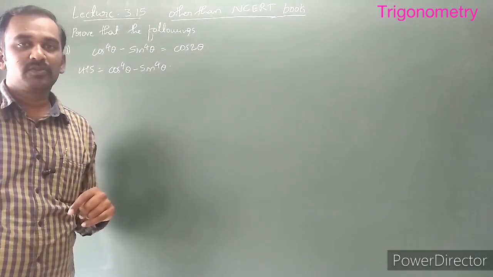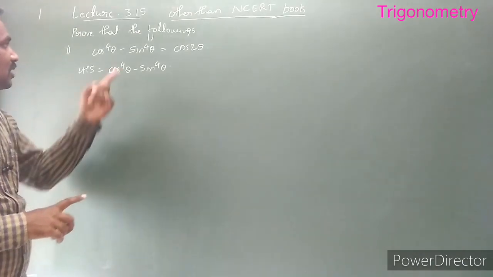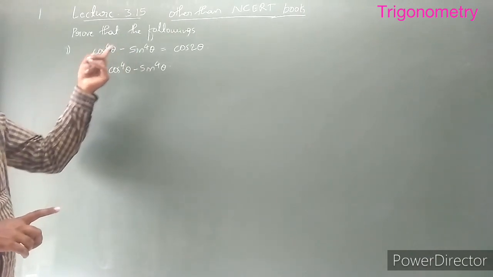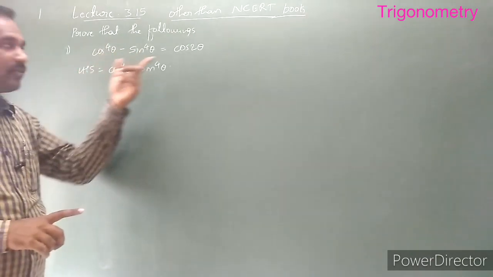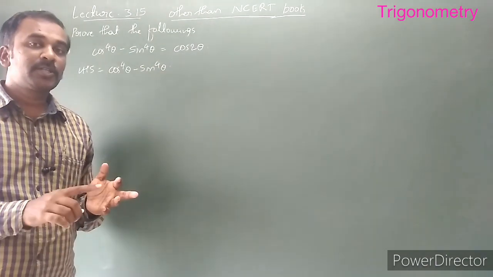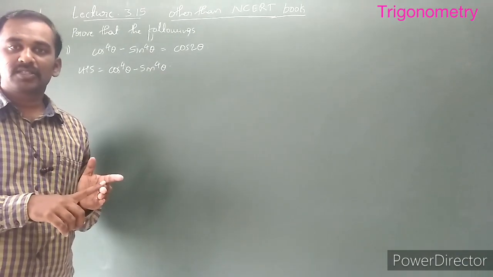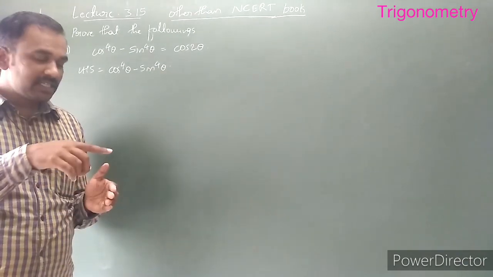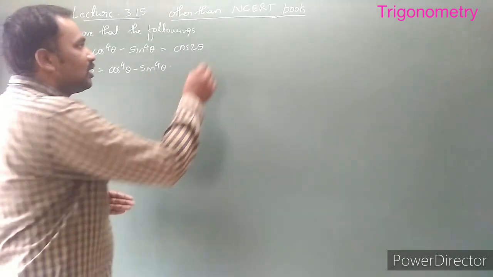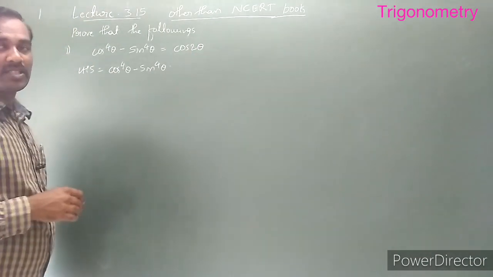There are 4 results for cos 2 theta. One is cos square theta minus sin square theta, a little bit similar to this result. If you have a square instead of 4, you can easily write the cos of 2 theta. Apart from that, in terms of cos, 2 cos square theta minus 1. Only in terms of sin, 1 minus 2 sin square theta. And in terms of tan, 1 minus tan square theta divided by 1 plus tan square theta. These are all the formulas for the cos of 2 theta.